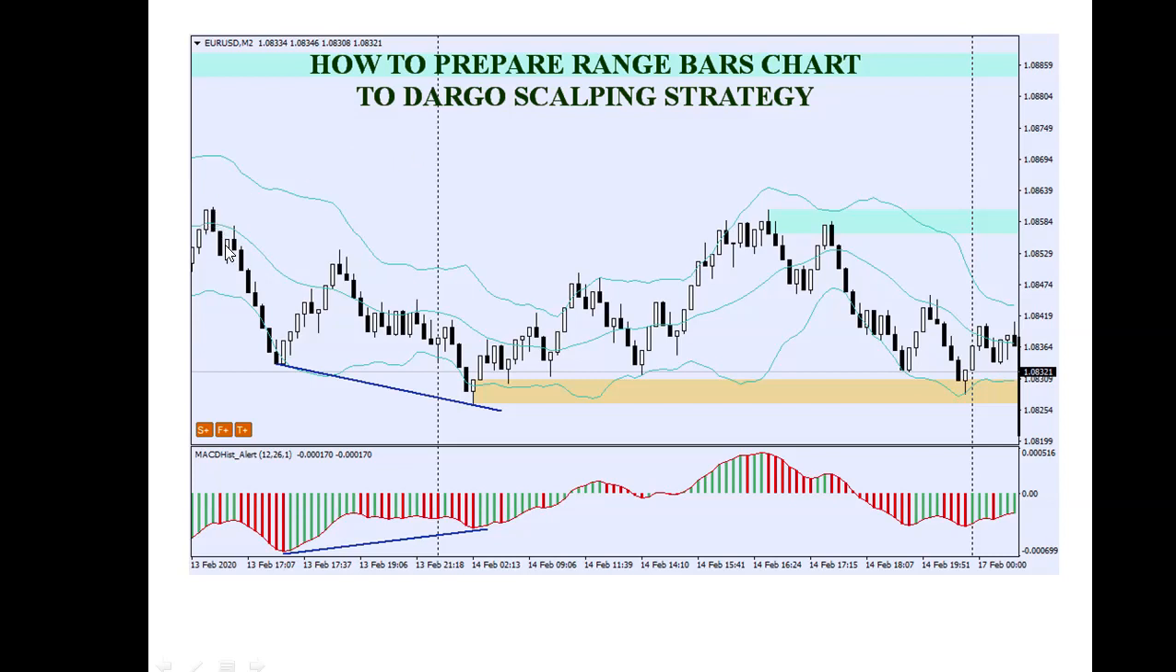Range bars are a specific chart because the range bars have the same size. It means that every candle here has the same size, and it's dependent on your decision what size you need for your strategy. I am using such a range bar chart for my scalping strategy. So if you are interested in this strategy, you can also find a description of it on the internet. But in this video, I'll focus mainly on showing you how to prepare such a chart